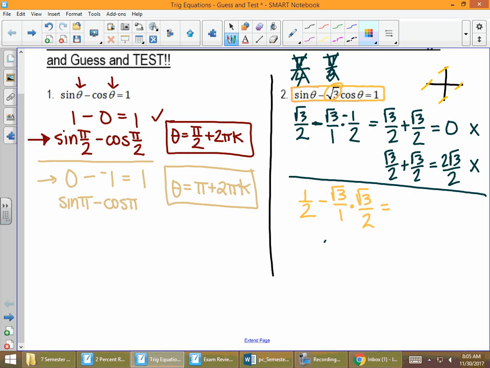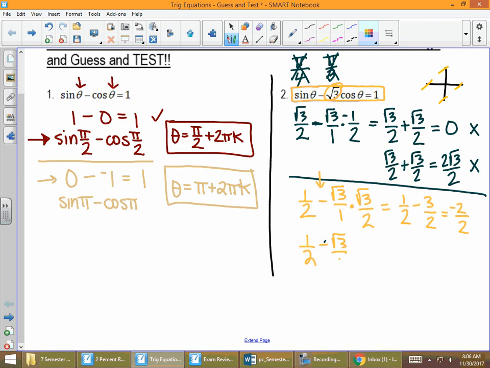Radical 3 times radical 3 is 3. So I'm going to keep this 1/2 minus 3 over 2. Ooh. We have a common denominator, so that's awfully nice. 1 minus 3 is -2. So I just got -1. So I'm pretty sure my combination is right for my sine and cosine. I just need a negative somewhere. I basically need to get rid of this negative in the middle. So if I make my radical 3 over 2 negative,